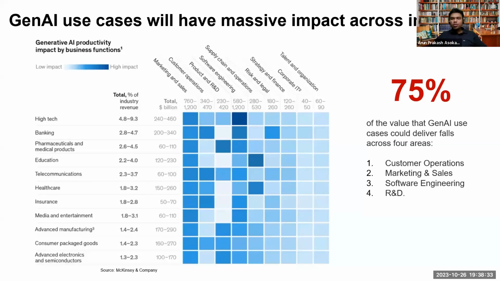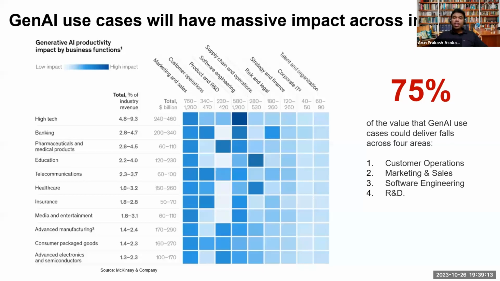So if you look at it, about 75% of the value that GenAI use cases could deliver falls in just 4 areas: customer operations, marketing and sales, software engineering, and R&D. This is so cool, right? Across 16 business functions. And when we globally looked at all these industries and cherry picked some 63 use cases, thoroughly examining the tech and the specific business challenge in which each of those problems were giving these measurable outcomes, right? Examples could include something like